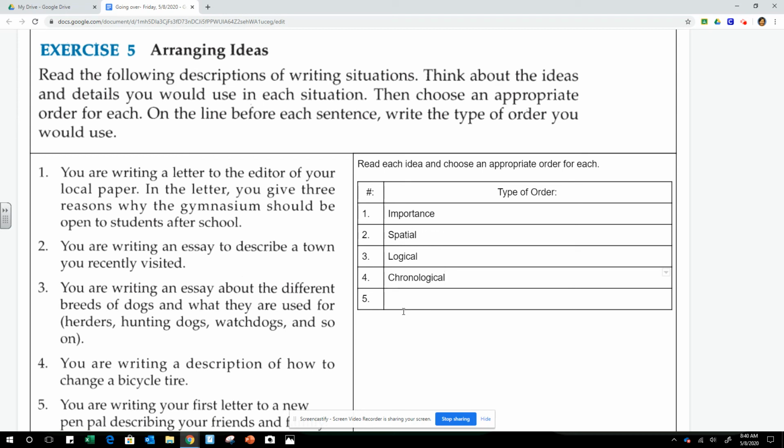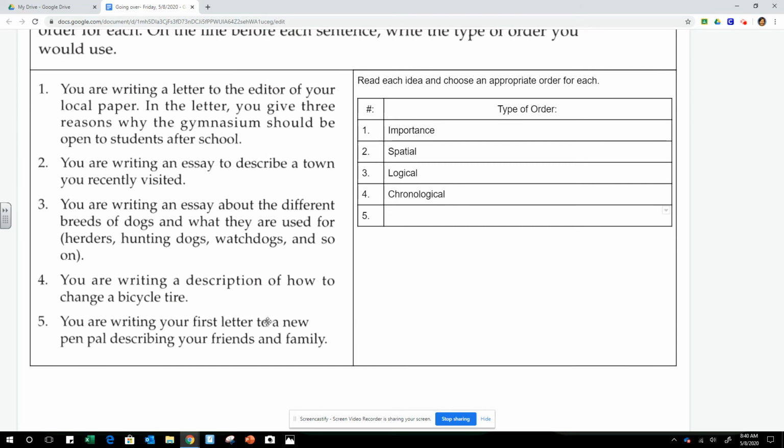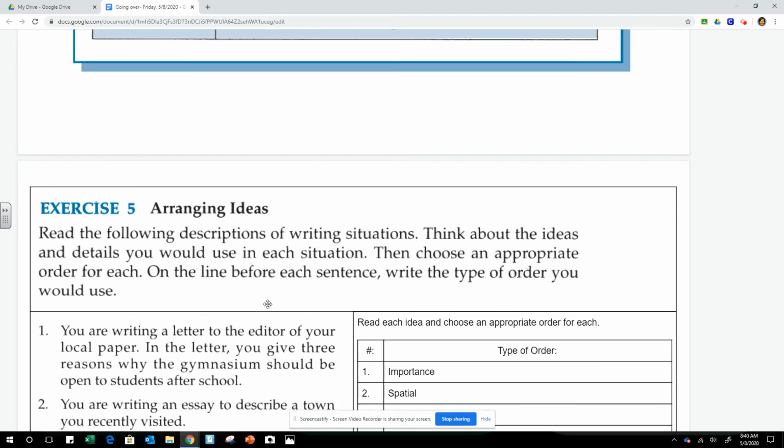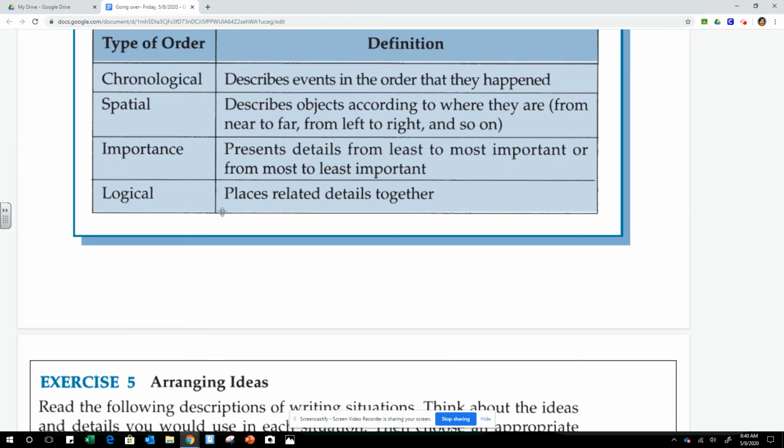Okay. All right, lastly, number five. You are writing your first letter to a new pen pal, describing your friends and family. I had a discussion about this one with another student, and it could be importance, okay? Because you want to tell them the most important thing about your wonderful family, your friends and family. Or you could also use the type of order of it being a logical type of writing because you're probably